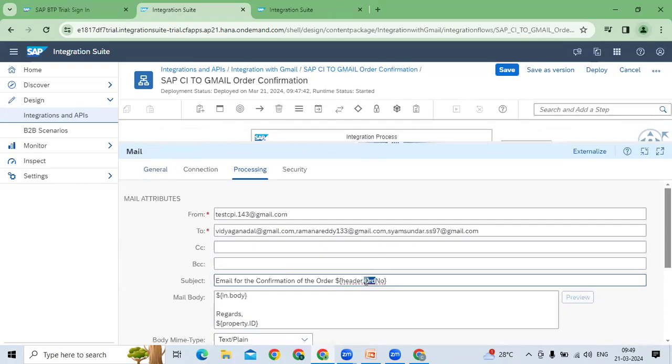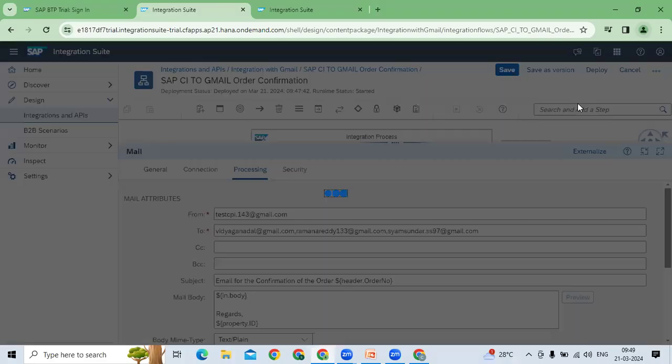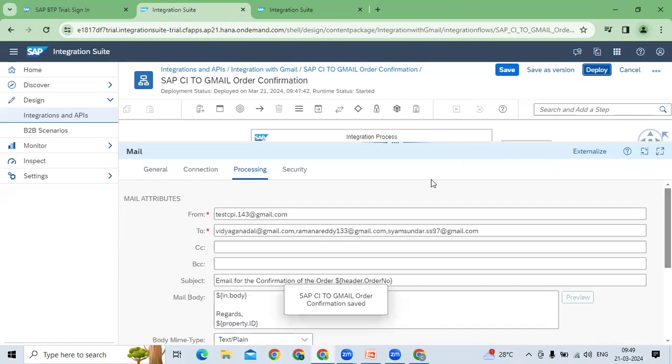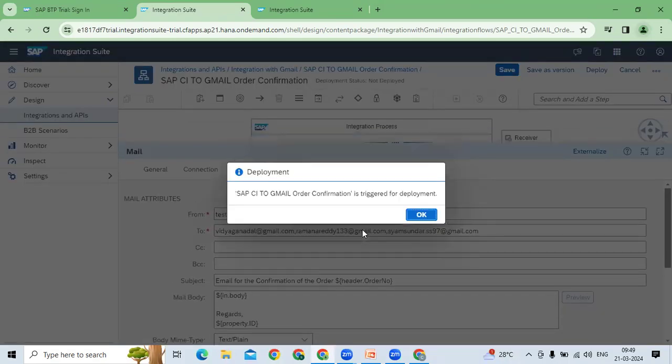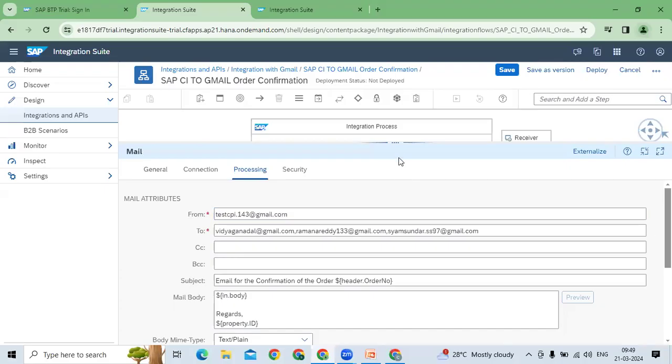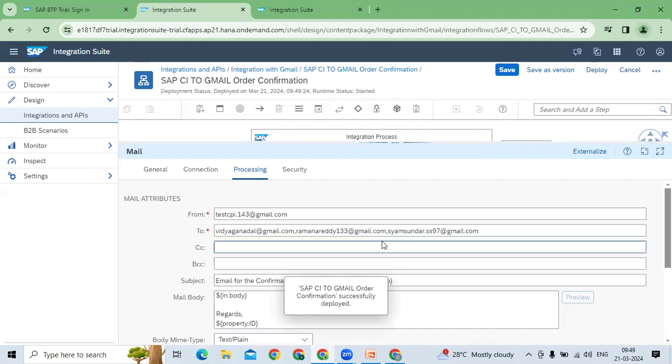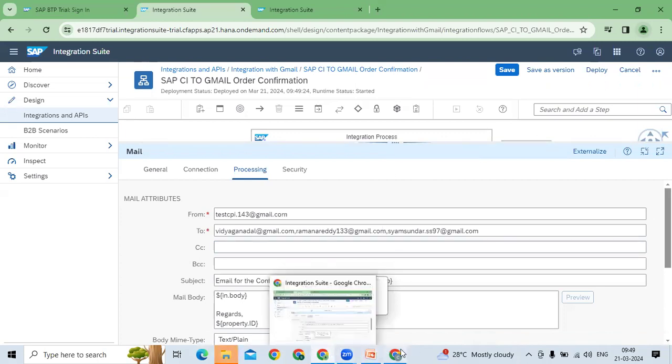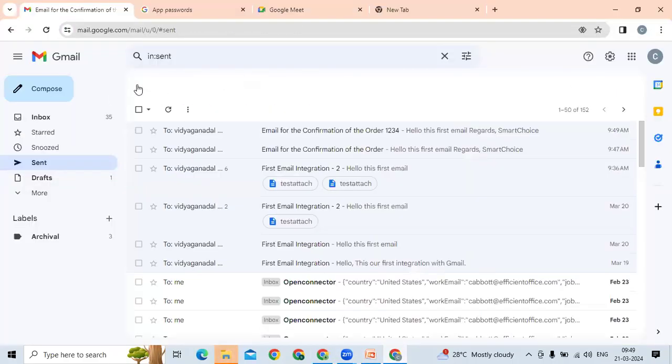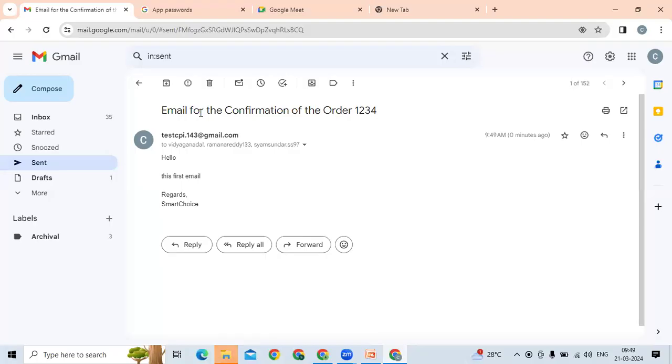Let me run it again. Save, deploy. See now, email for the confirmation of the order 1, 2, 3, 4. Hello, this is first email. Regards, smart choice. So this is the property we have defined in the content modifier,